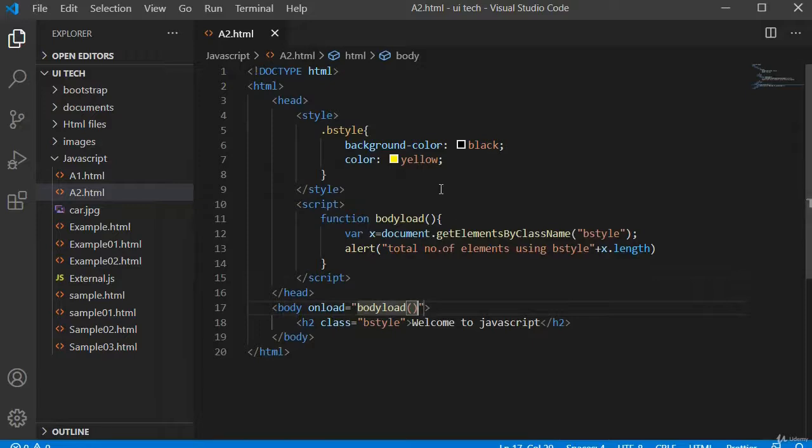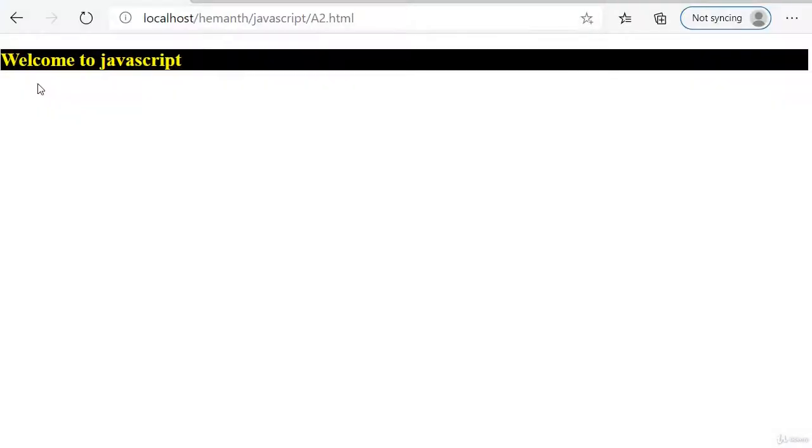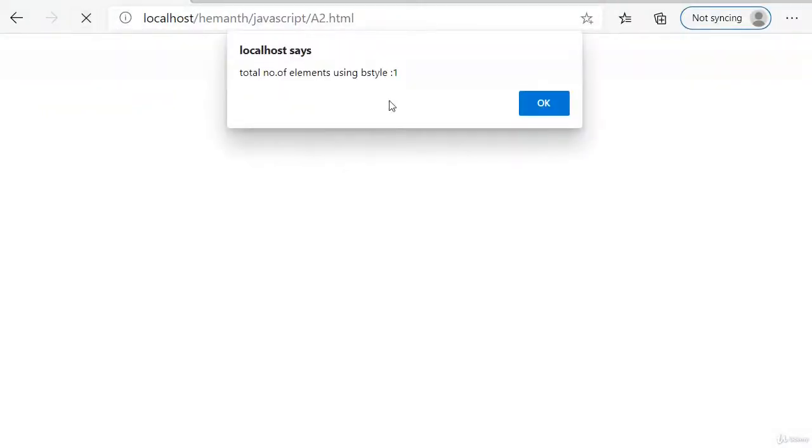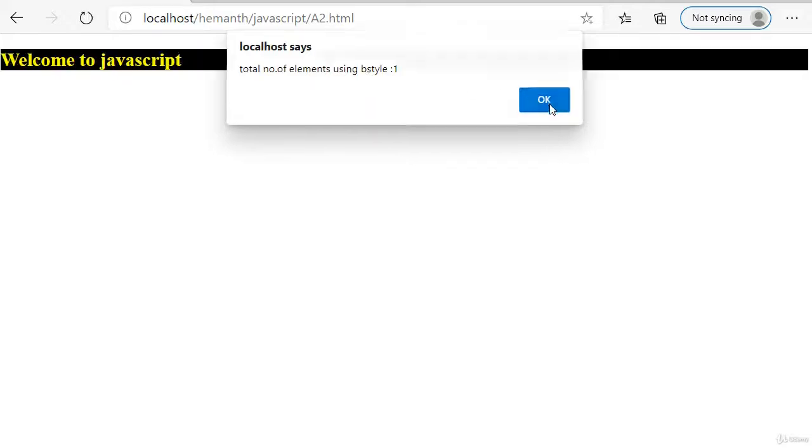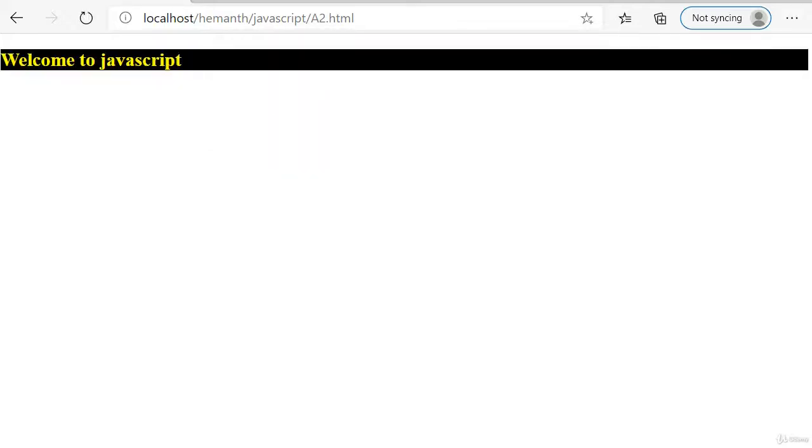Whatever we are using in our HTML page, everything is applied in our page in the browser. Total number of elements using bstyle is 1. We are getting this by using class name.